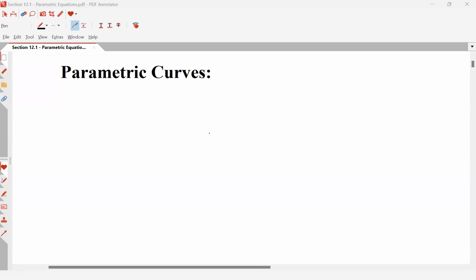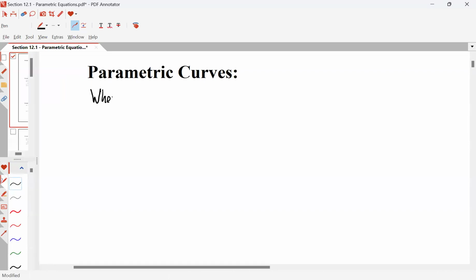Hello. In this section, we are looking at parametric curves. So we are introducing this new way to write curves or write equations to plot points. And so what a parametric curve is, it is when the coordinates